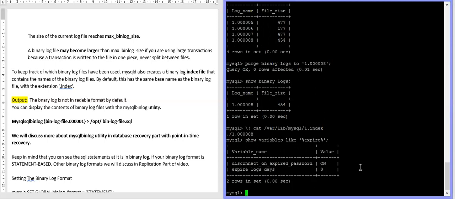So if you want to keep the binary log files for only 3 days, you can set expire_logs_days to 3. Then it will keep only 3 days of log files. Keep in mind that 3 days of log files may also keep the fourth day's file, because it depends on transactions. Okay.